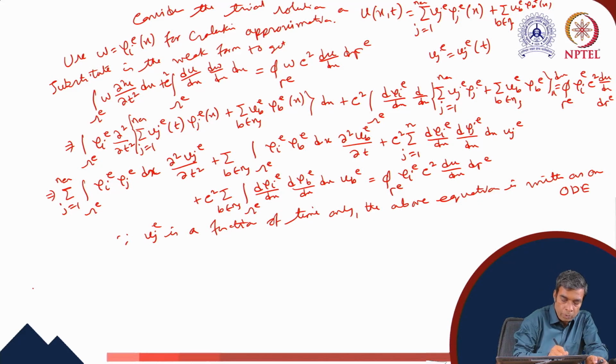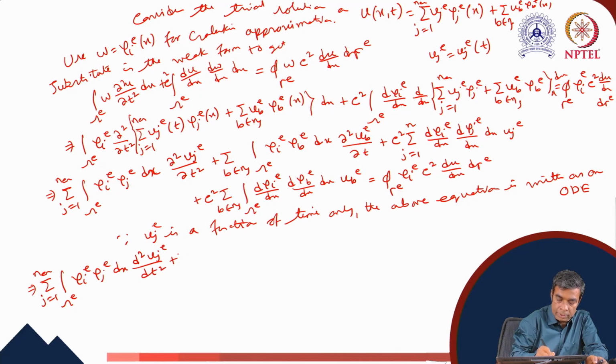So we can write it as summation j equals to 1 to nen integration over omega e psi ie psi je dx d2 uje dt2 plus summation over b belongs to the known terms. We shall shift to the right hand side. So we can write here